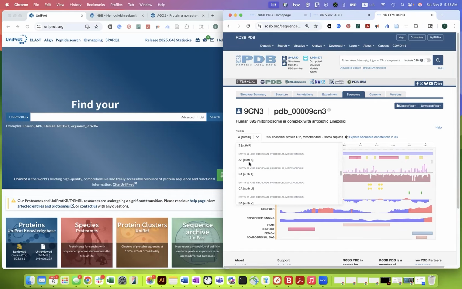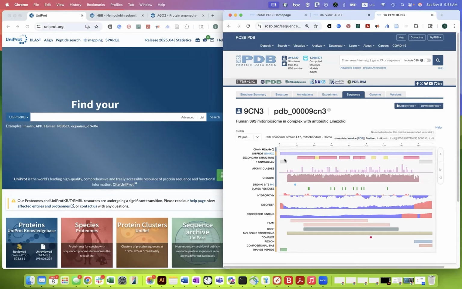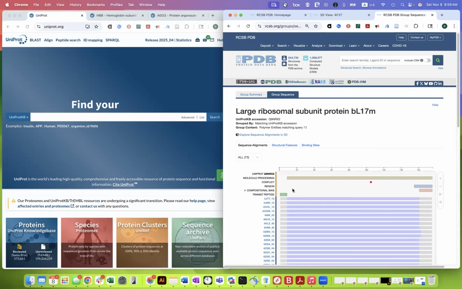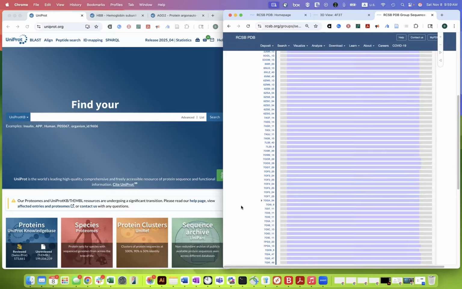If I were to click on one of these chains, as long as you click on one of the protein chains, you're not going to find entries for RNA or DNA or anything like that in UniProt, but you will find entries for each of the individual protein chains. You can see it's going to show me the UniProt entry that's associated with that individual chain